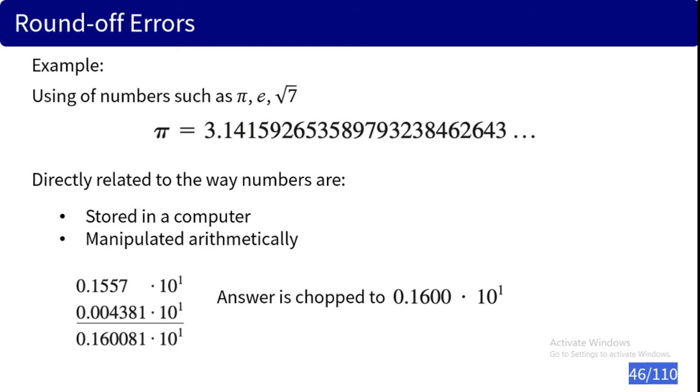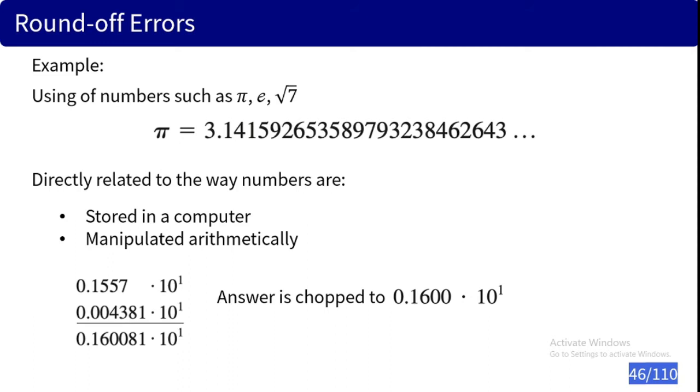sa katong mga sa 20 significant figures. Second is on how the numbers are manipulated arithmetically. So for example, no, kaning ko na today kung natay addition of kaning nga numbers 0.1557 and 0.004381. Okay. So kanino na to if sa atong solution is naka-decide ka og up to 4 significant figures lang